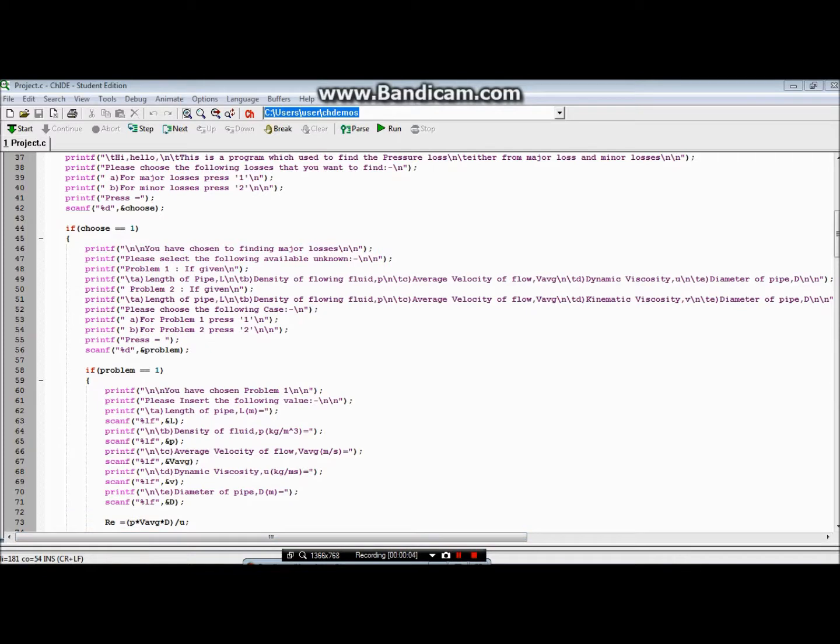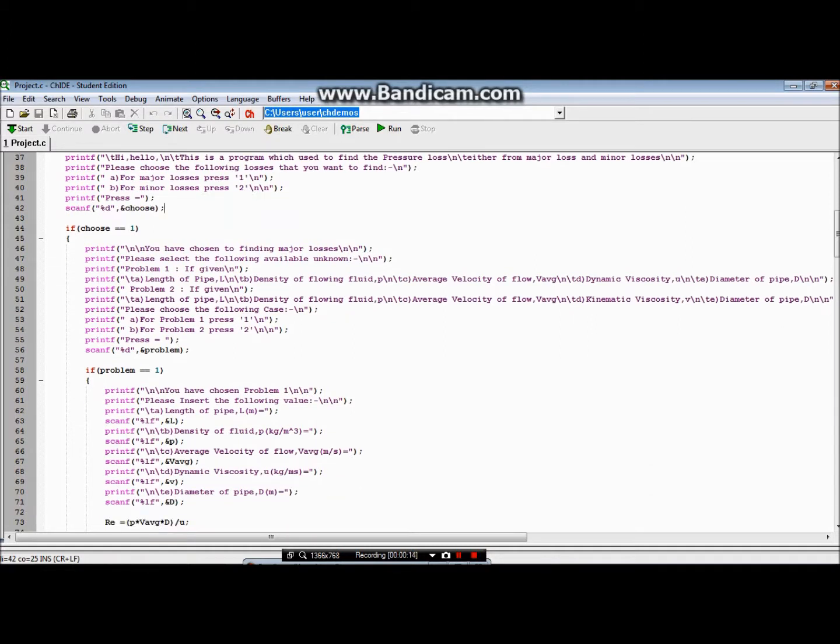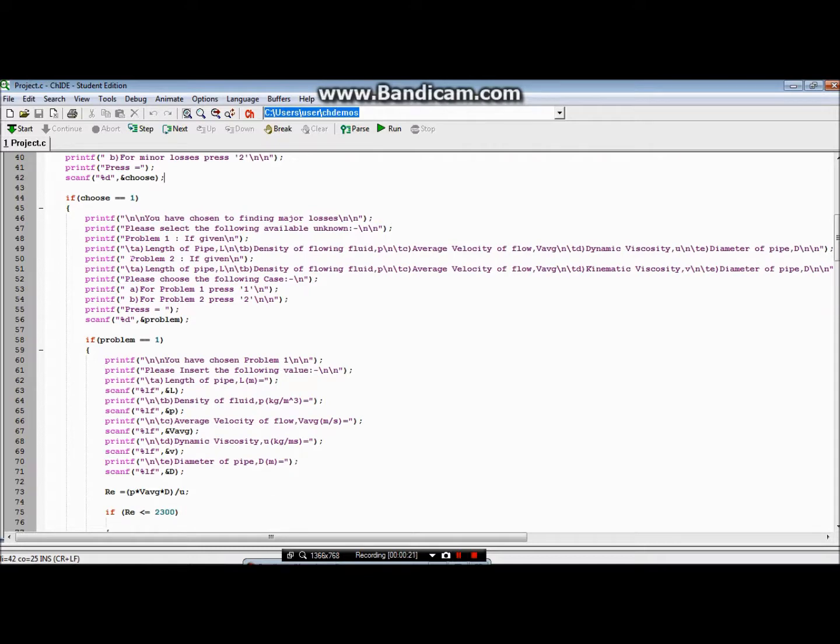Hello, I'm Devendran. From what was just explained by my friend, from here we can find the major losses by pressing 1 and the minor losses by pressing 2. If the user presses number 1, they can straight away calculate the major losses. For major losses we have defined certain variables: the length, density of the fluid, average velocity of the fluid, dynamic viscosity, and for another problem the kinematic viscosity, together with the diameter